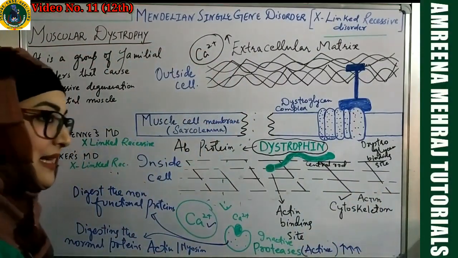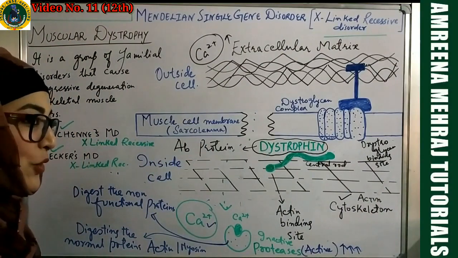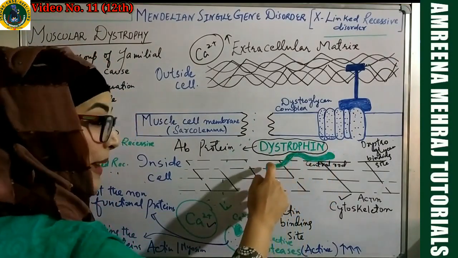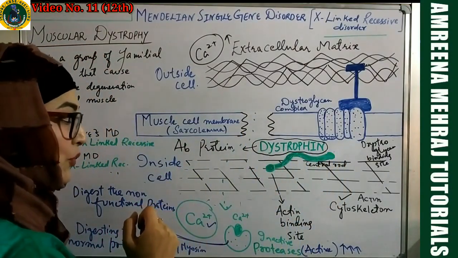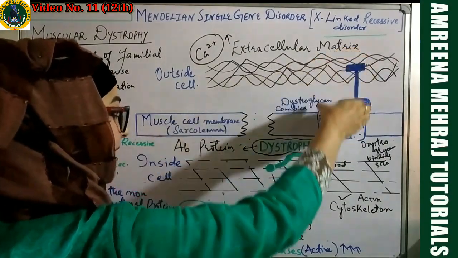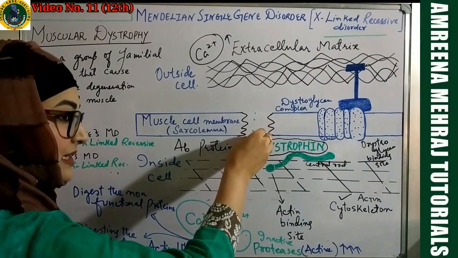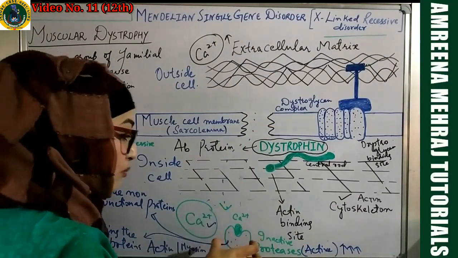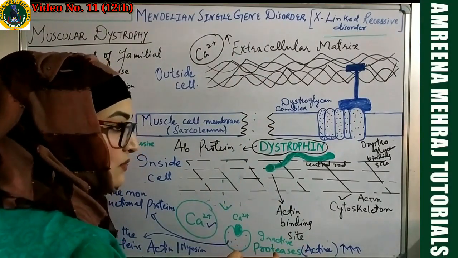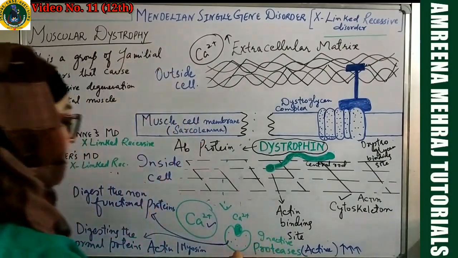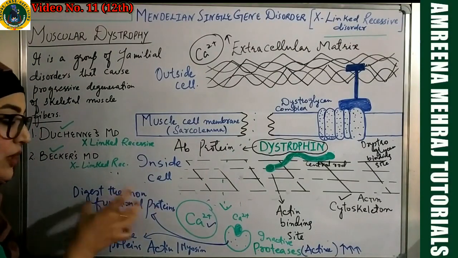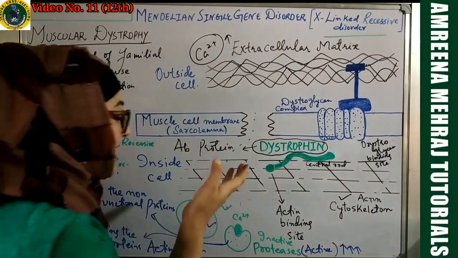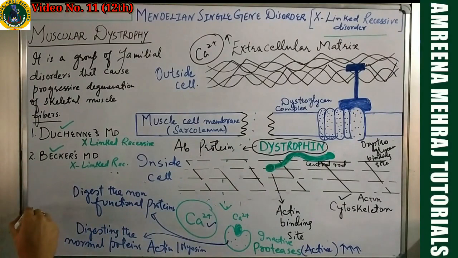This is what you call the muscle cell degeneration. This is your muscle cell degenerating at this point of time because of the lack of this dystrophin, because of the presence of this abnormal dystrophin protein, which has created a kind of imbalance in this mechanism, creating cracks in the sarcolemma, letting the calcium enter into the cell sarcoplasm, activating more and more of these proteases. More proteases, once they are activated more in number, will not make a distinction that they were supposed to digest the non-functional proteins. They will now start digesting the functional proteins, even the contractile proteins themselves, the actin and the myosin. That's why at this point what is happening is your muscle